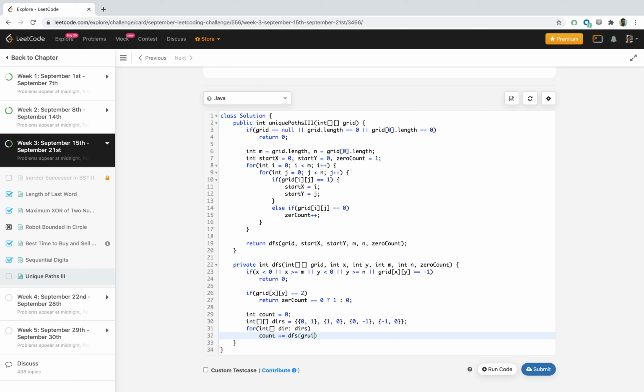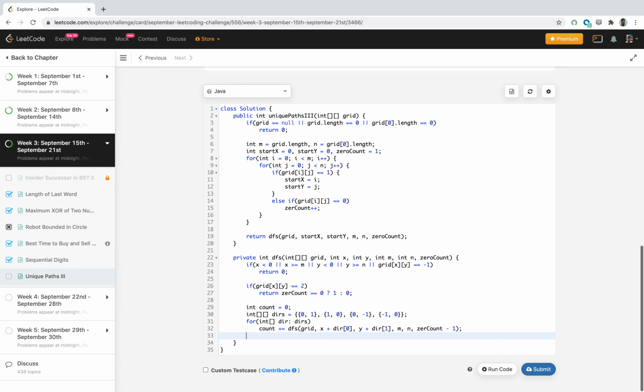So we'll pass the grid and x plus the direction's first value and y plus the second value, and m, n, and here we visited one node, so we'll decrement the zero count by 1. Okay, and then return count.